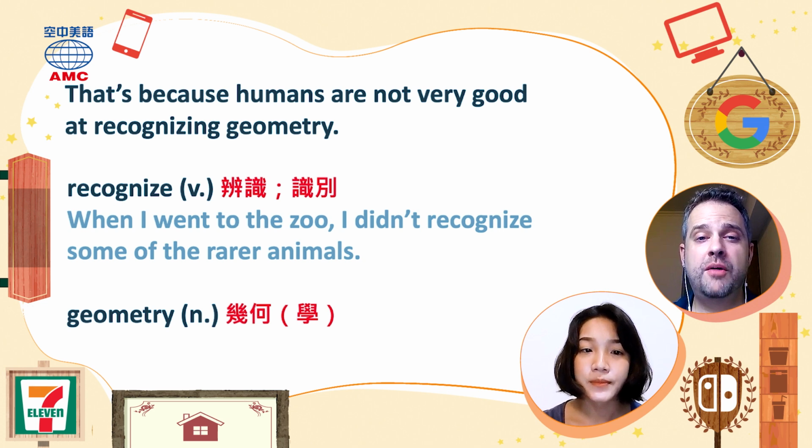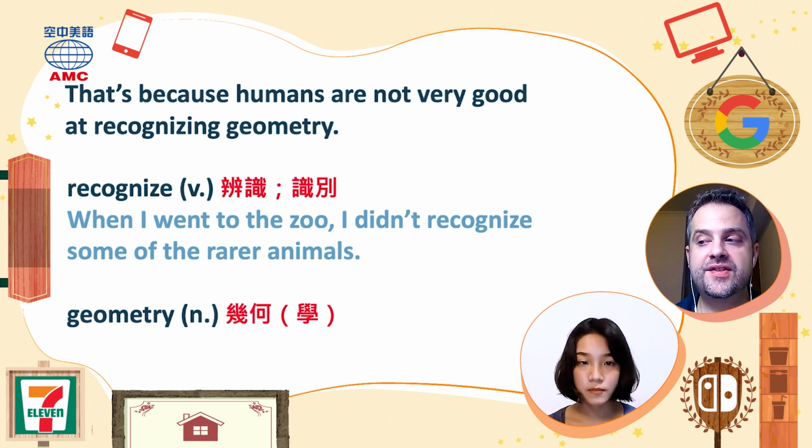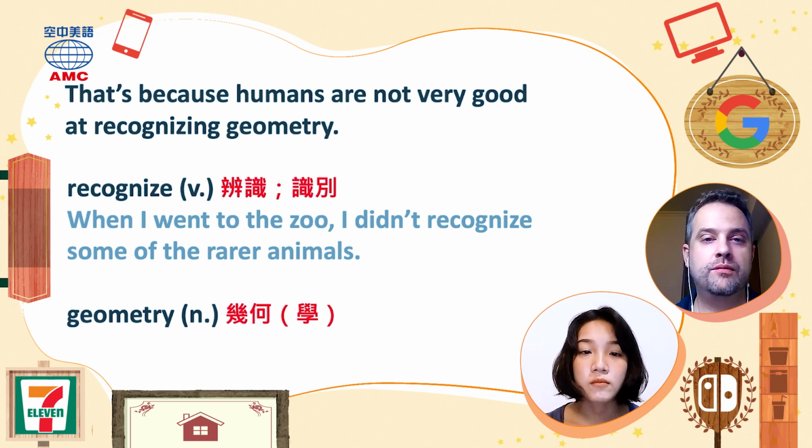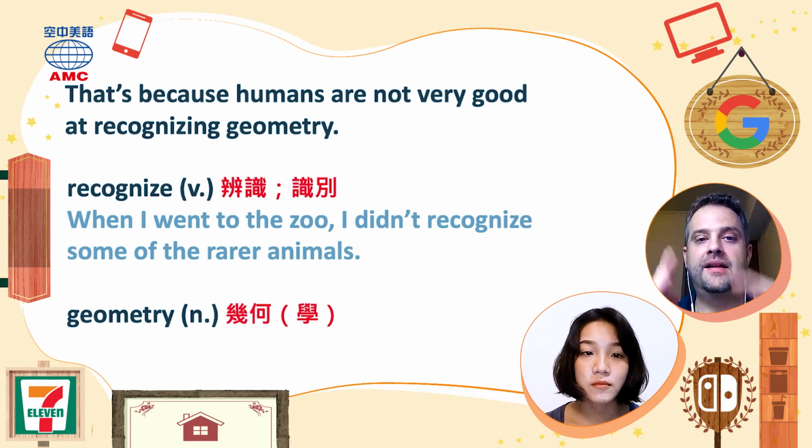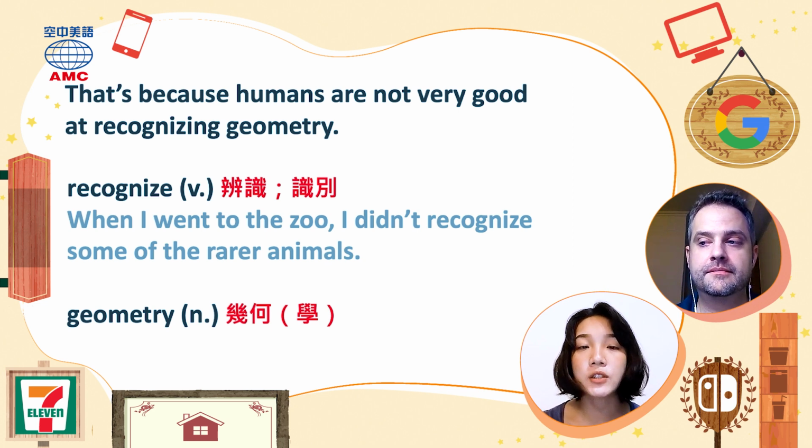That's right. So geometry is kind of an area of study. It's sort of like science, but there's a lot of math in there as well. It's the study of the relationship of lines, points, curves, surfaces. It's all about shapes and structures and whether things are round or curved or parallel to each other or not parallel and the directions they go in, that kind of thing. Geometry 是名词，指的就是几何学，那也就是跟几何图案相关的东西，像是圈圈啊，或者是线条，或者是方块等等。